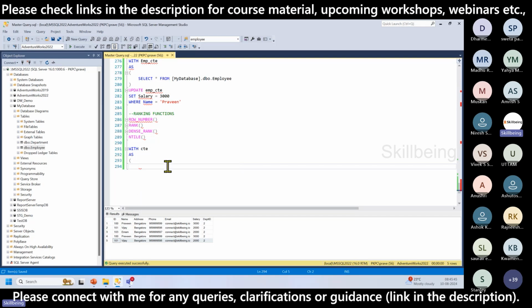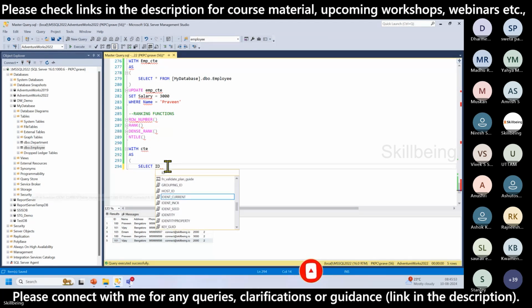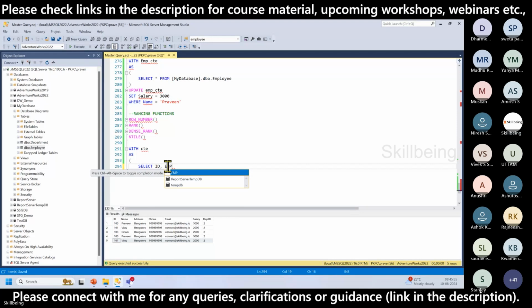Let us say I'll select from, select ID, name, and salary, from